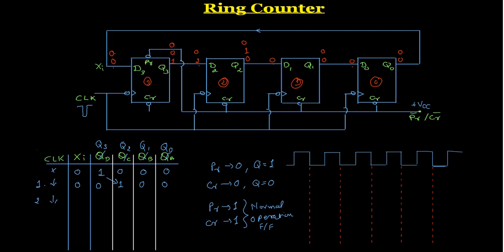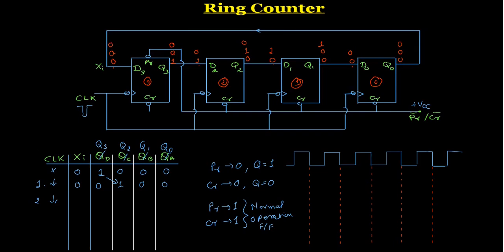Input to this first flip-flop is 1, because the previous stage is 1. So after applying a negative edge, the Q1 will be a 1. And here the input to flip-flop 0 is 0, so after applying the negative edge, this becomes a 0. In this way, remember that this 0 now appears here, so we write a 0 here.